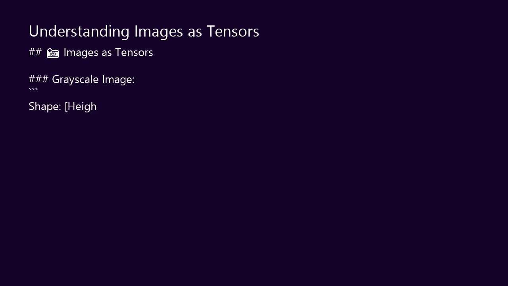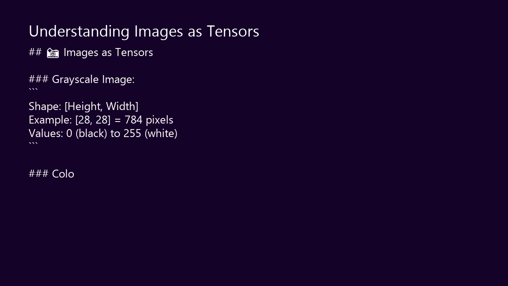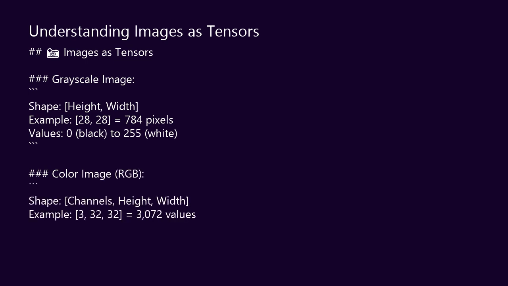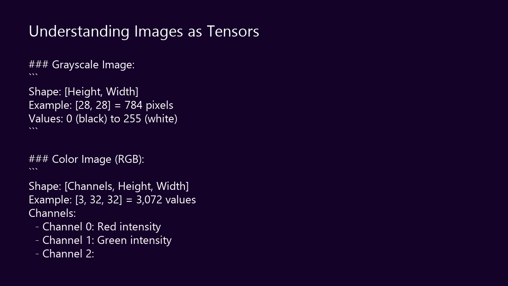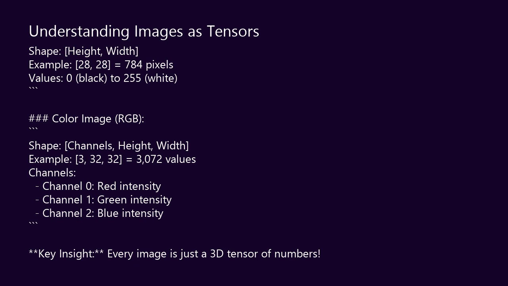Before we build CNNs, we need to understand how computers see images. To us, an image is a picture. Maybe a photo of a car or a cat. But to a computer, an image is just a grid of numbers. Each pixel has a color. And that color is represented by numbers. A grayscale image is a 2D grid where each number represents brightness. 0 for black, 255 for white. A color image has 3 channels, red, green, and blue. Each channel is a 2D grid. So a color image is actually a 3D tensor.